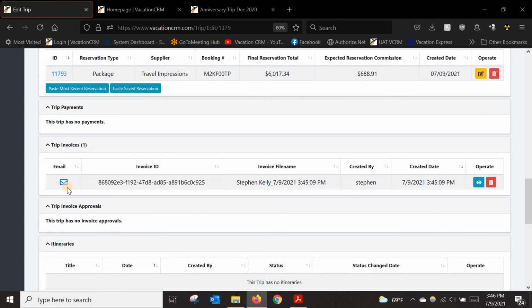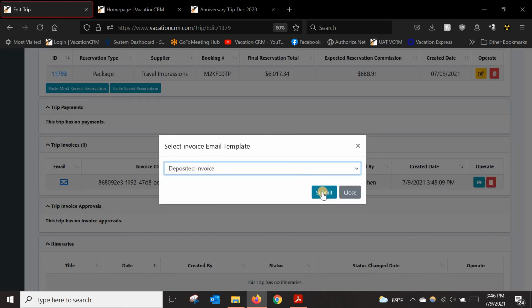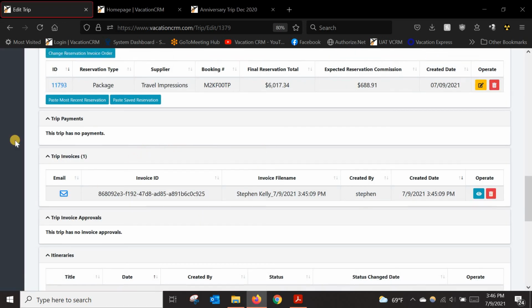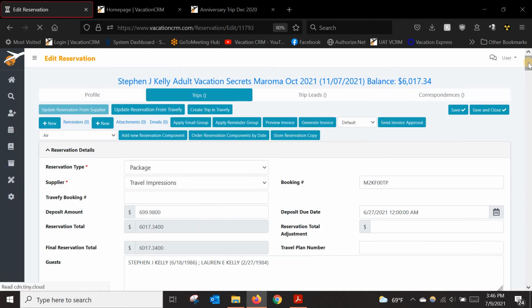So this is where I would send the invoice to the client if I was ready to. So I'd click this and I'd select which one I want and click submit, and it would open in my case in Outlook. Now before I move on from this, let's go back into this reservation just for a second and talk about